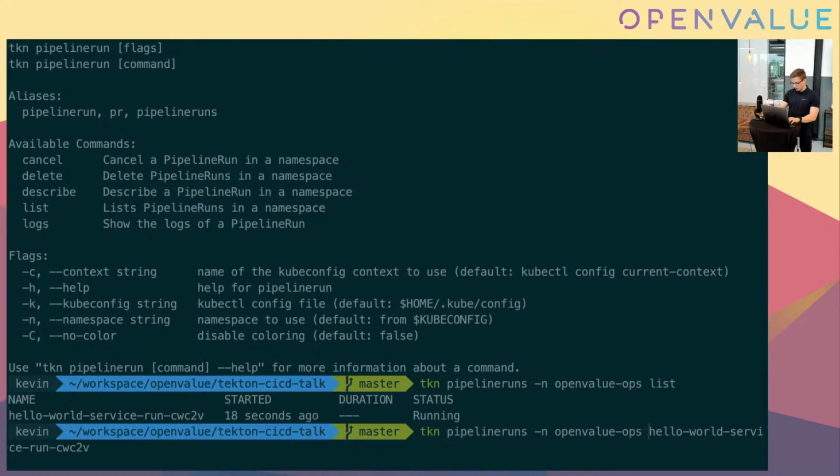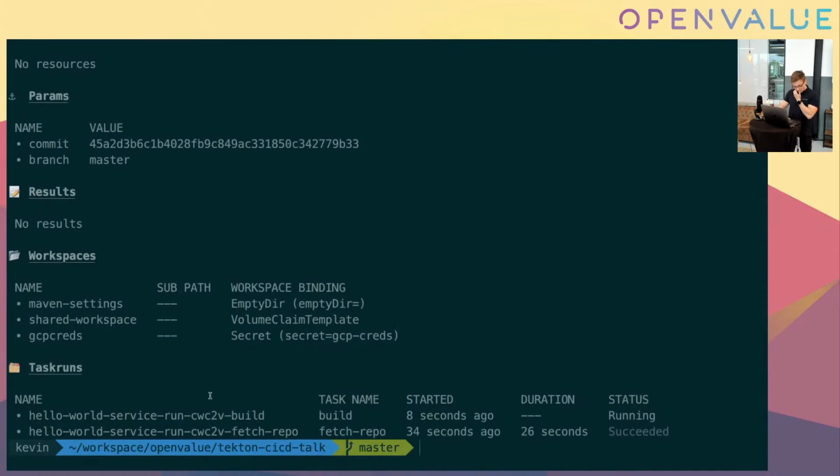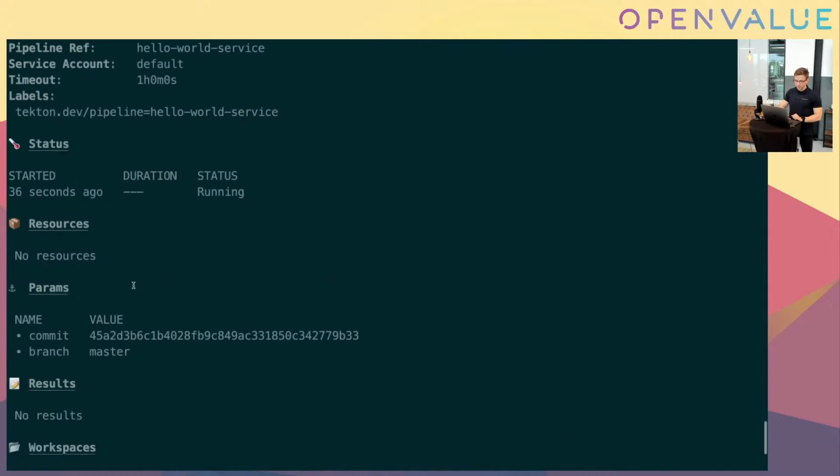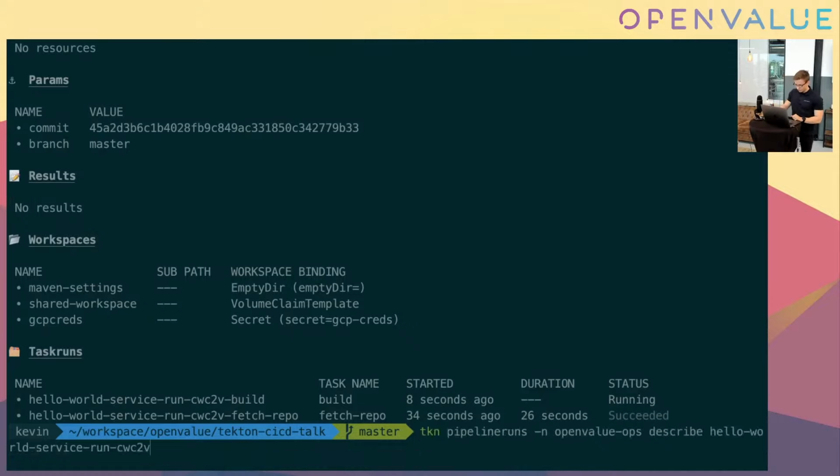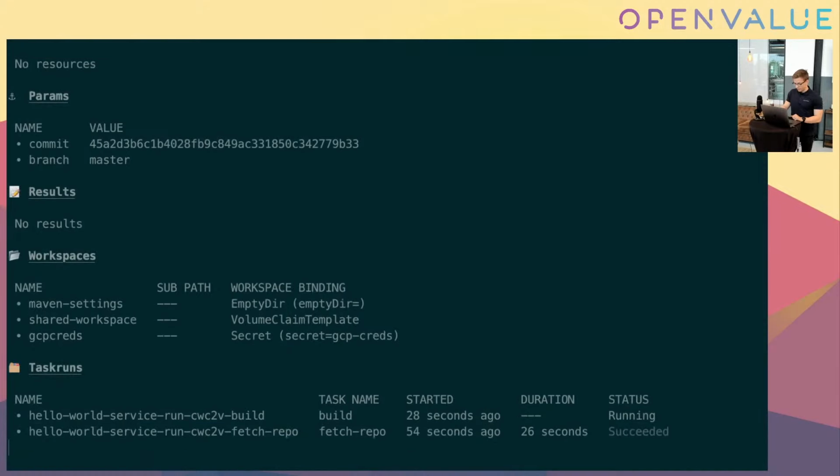I'll also want to check how it's doing so far. So it already succeeded in fetching the repository. You can also see the workspaces that I bound to the defined workspaces, the values that you use as parameters. So pretty nice tool to see how your pipeline is going, how it's doing. Gonna wait a couple of seconds more. Takes about a minute or two